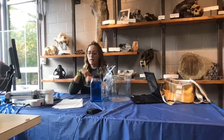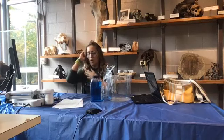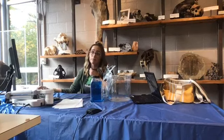Today we're learning about where we find the water on our planet, how much of that water we can actually use, and how our water travels throughout our planet in all of its different forms. So when we are talking about water, the very first thing that we need to understand is how much of the earth is actually covered in water compared to how much of our earth is covered